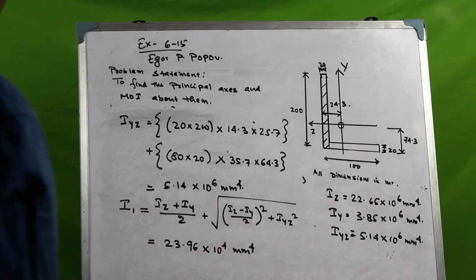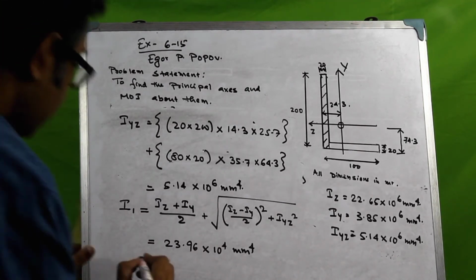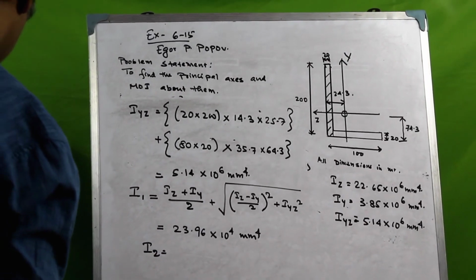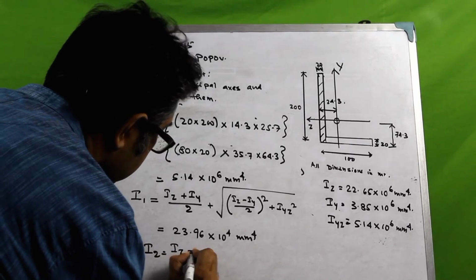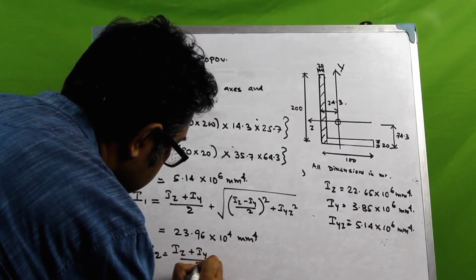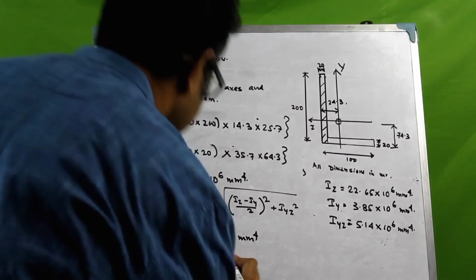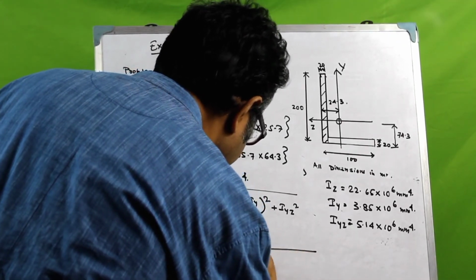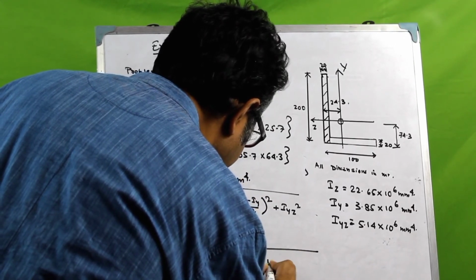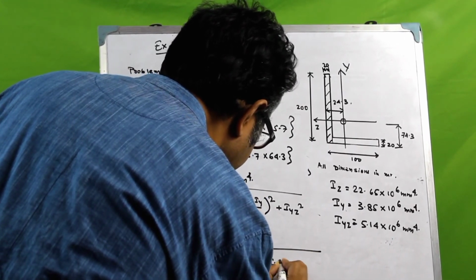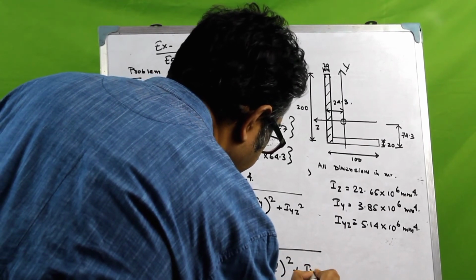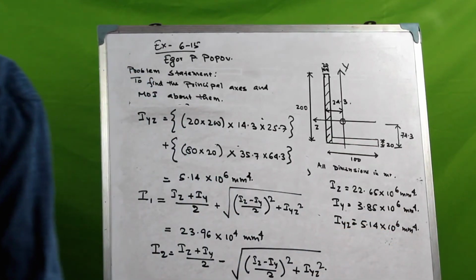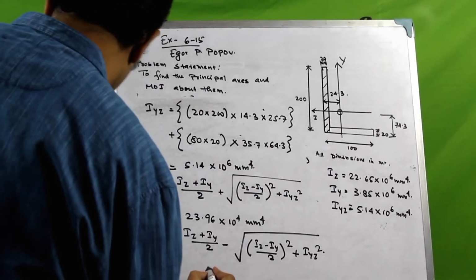Similarly for the moment of inertia about the minor principal axis, all that you need to do is, and if you substitute these values again, this would come to